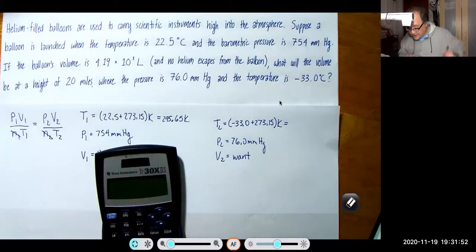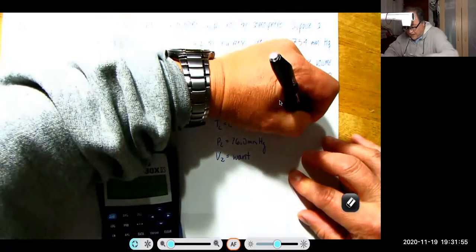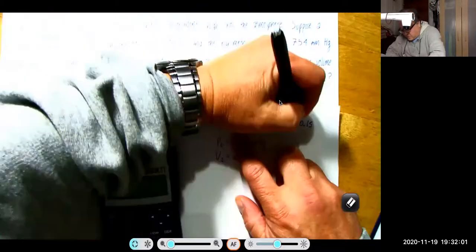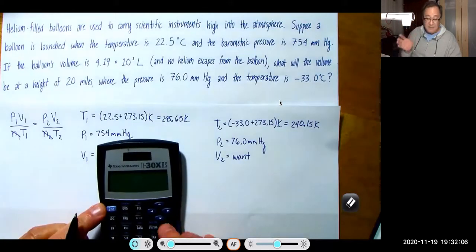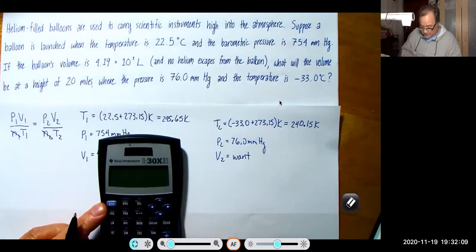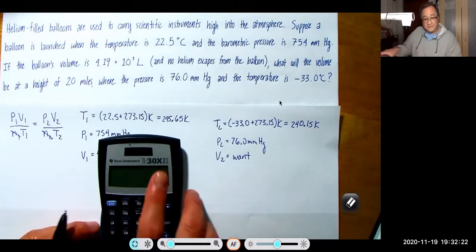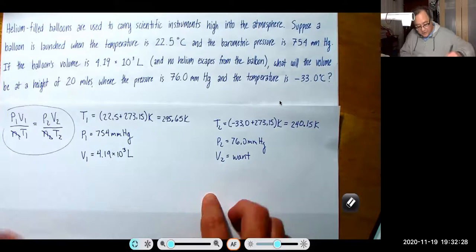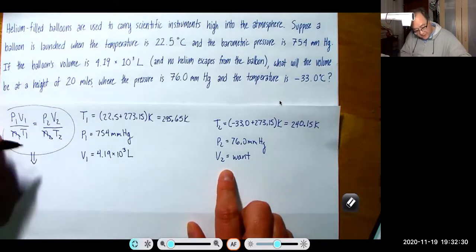So here we're going to get 0.15, and 3 minus 3 is 0, and 7 minus 3 is 4. So 240.15 K. And I'm bad at adding and subtracting, so I'm just going to double check. Negative 33 plus 273.15, 240.15 K. So now we're going to take this, and since we want V2,